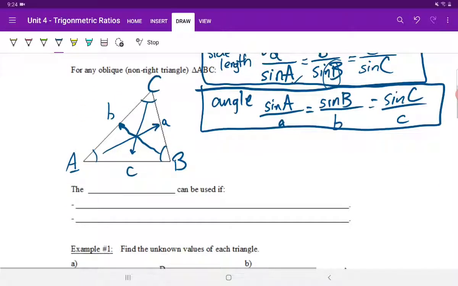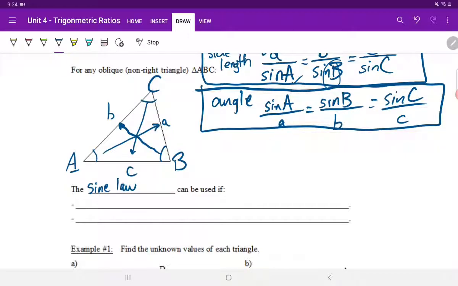Okay, so the question becomes, when do we use the sine law? Well, we know that if you don't have a right angle triangle, there's potential to use the sine law. It depends on what is given to you. Because as you know, we're going to learn another formula in the next lesson called the cosine law. All right, so the sine law